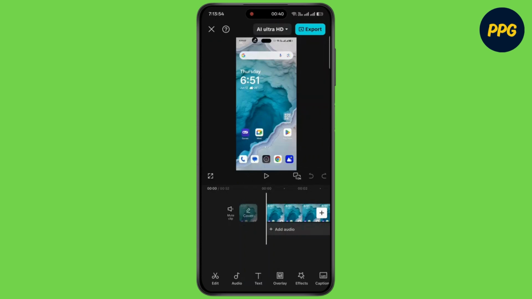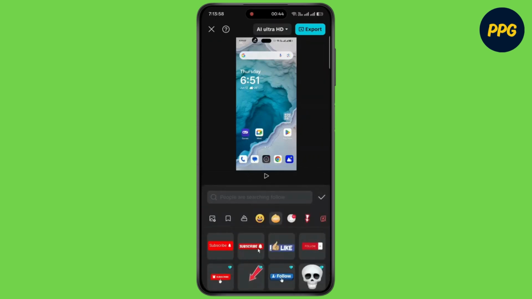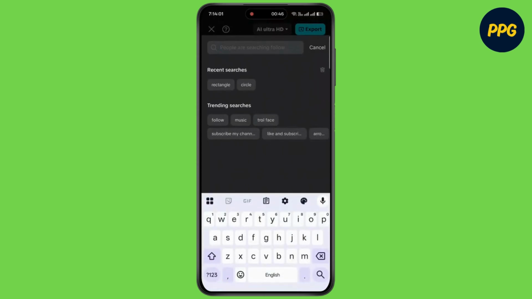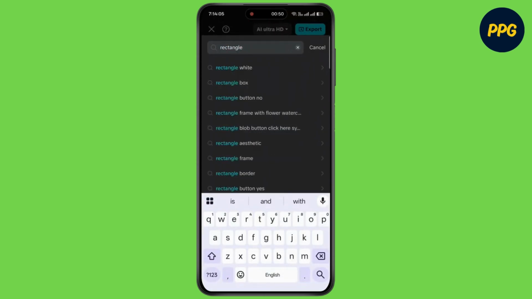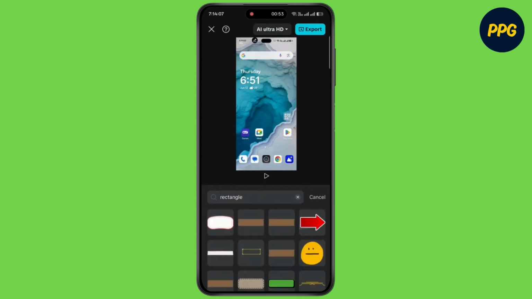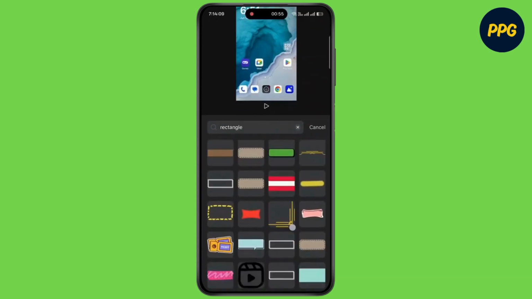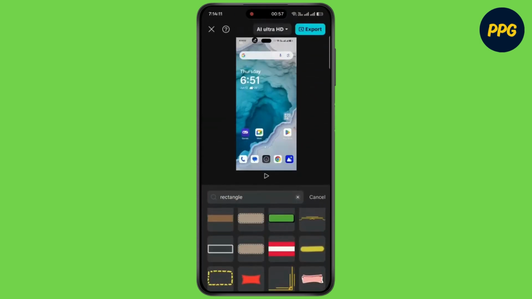Now at the bottom menu, simply scroll to the right and tap on stickers, then tap on the search bar. Now type the shape name, then tap on search. Now choose any of the stickers. Now adjust the size and position,